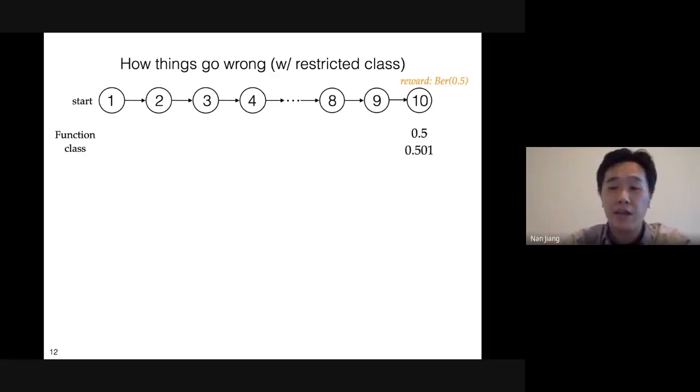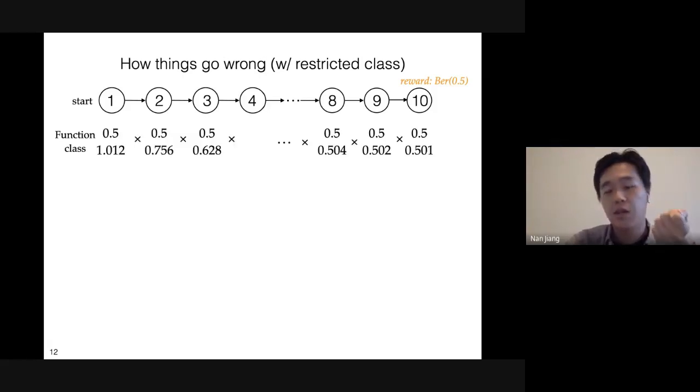So at the very end, I say, okay, for state number 10, all you can predict is either 0.5 or 0.501, okay? And at state number 9, you can also choose from these two values, number 8, and so on and so forth. And I'm doing this construction in a particular way where if you look at the values in the second row, the gap between the two rows is growing exponentially as we move from the end to the start.